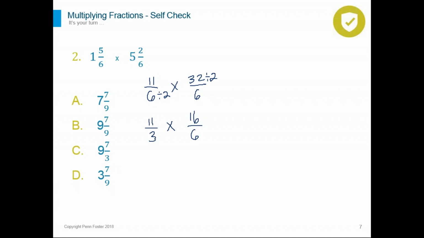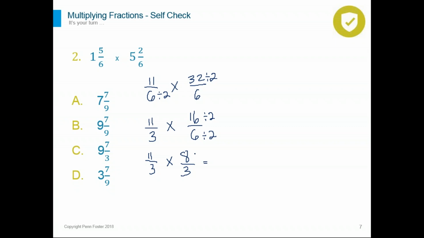Let's look at 11 and 3. Nothing common. 11 and 6, nothing. 16 and 3, nothing. And 16 and 6, nothing to eliminate. Well, I mean, 6 and 16 actually are even numbers, so I'm able to eliminate further. So 11 over 3 times 16 over 6 gives you 11 over 3 times 8 over 3. Now 11 and 3, nothing, and nothing there, and then nothing with the 8 and 3. Now I'm able to